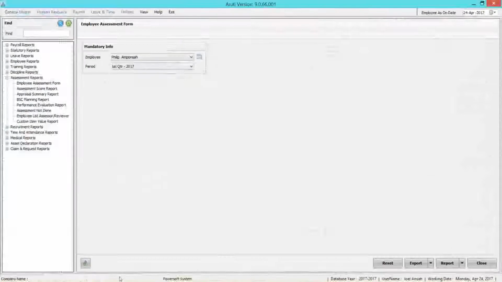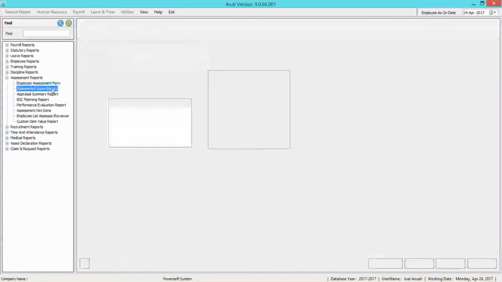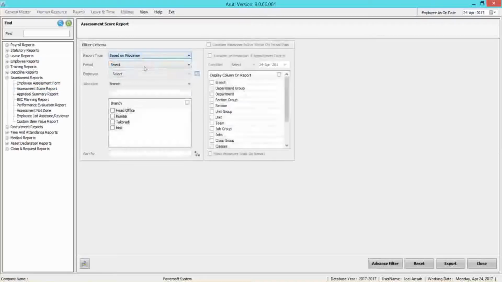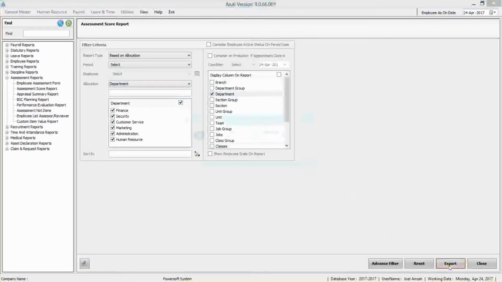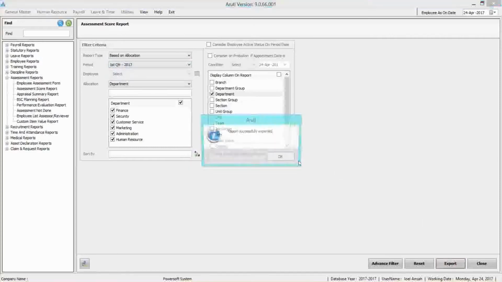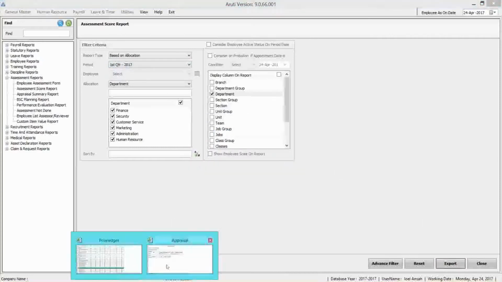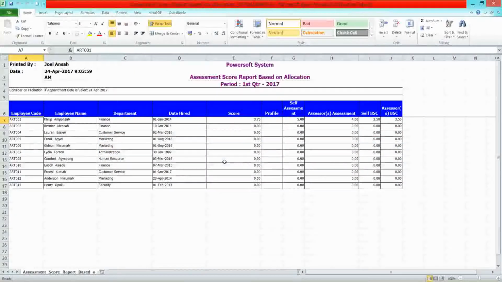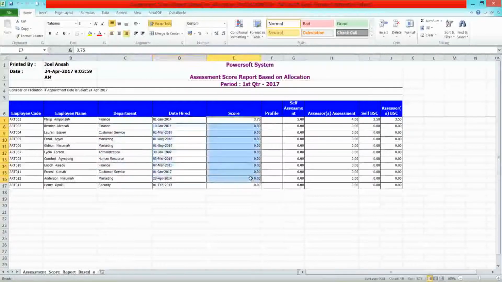The other report that we can check for assessment is the assessment score, which can be checked departmental-wise, or as per the requirement of the client, for each employee. That too is possible. It's compulsory to select the period to check this particular report. So you can see for each department, we can sort by department too from the system. This is the appointment date of the employee, this was his score, this is a self-assessment of himself, this is his assessment